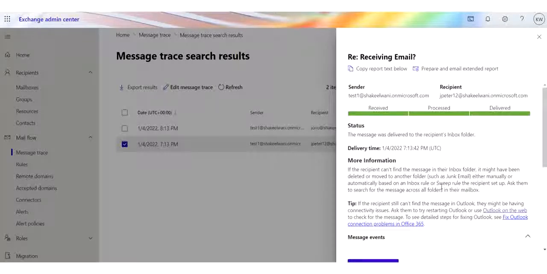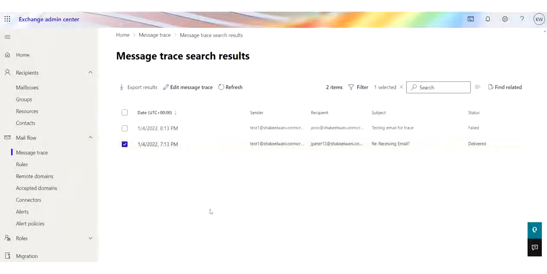So this is the Message Trace option. If we have a problem from users who are complaining that they can't send or receive an email, follow these steps